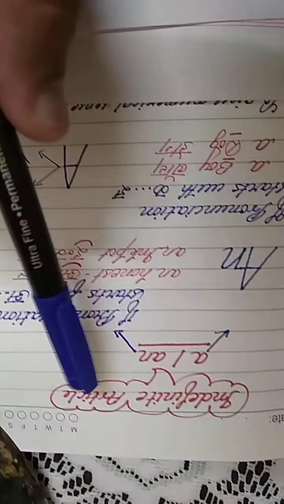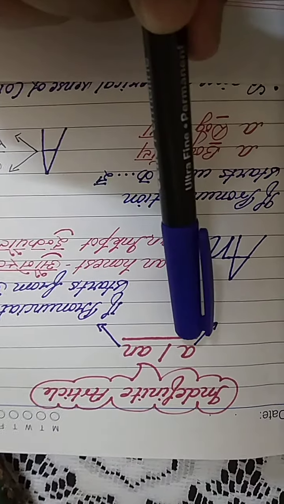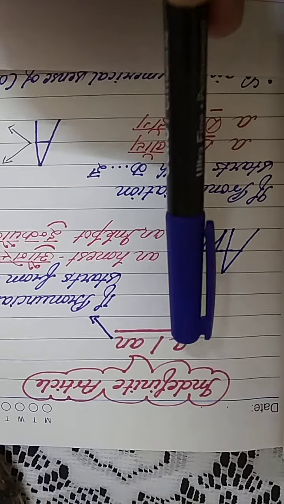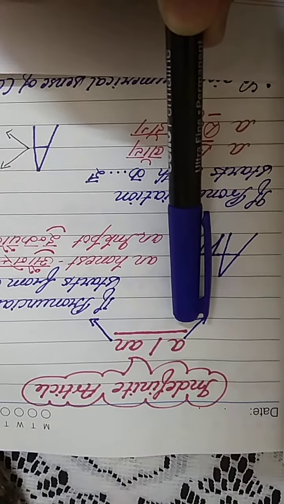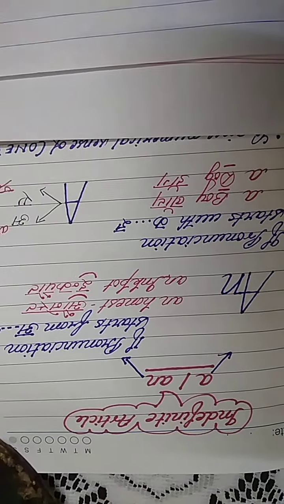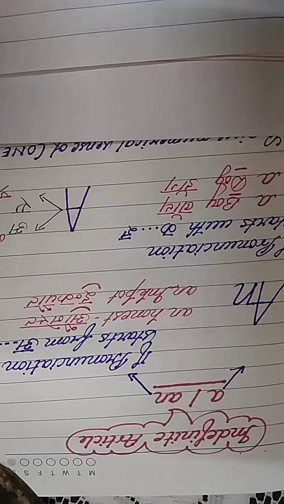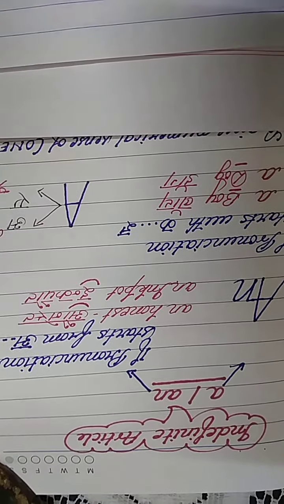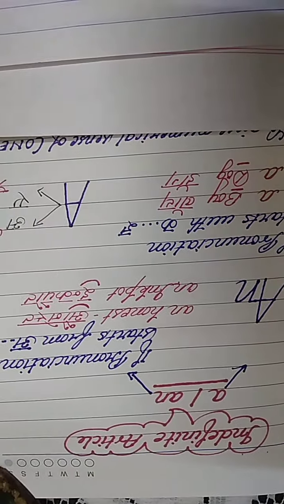Remember, we are using articles and we are reading it as uh, not ay. If somebody asks you to spell out the spelling of apple, then you will say APPLE. You will say APPLE. But if